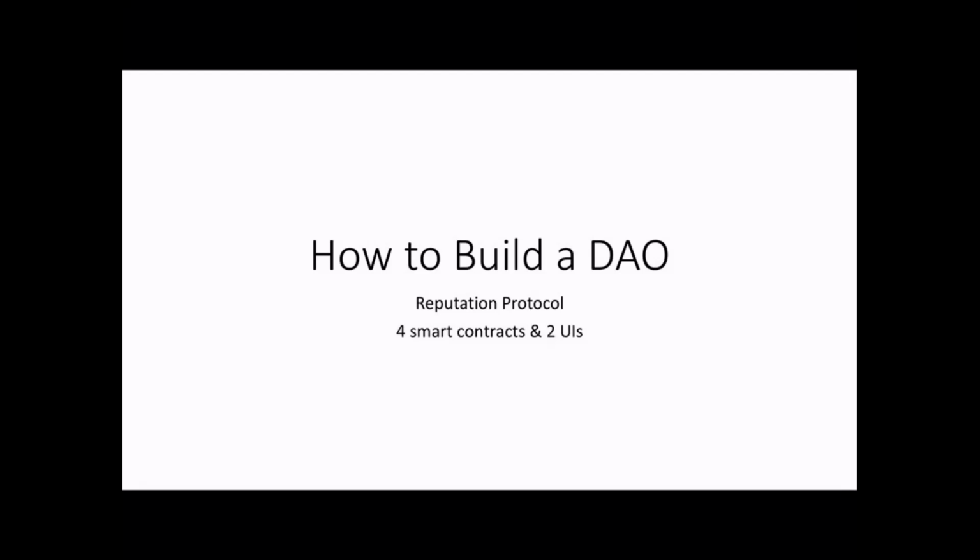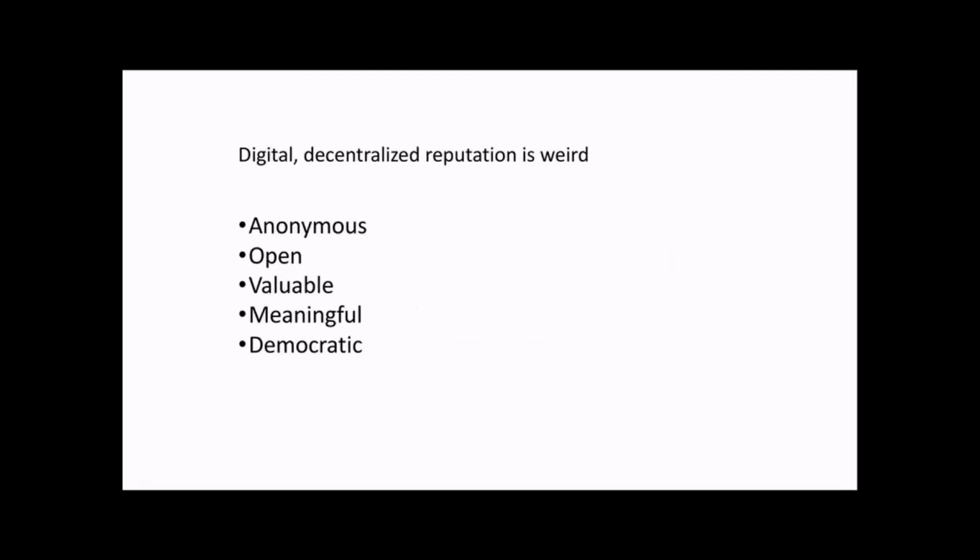So today is going to be a little more complicated. We're going to see how 4 different smart contracts and 2 user interfaces all interact. Now, to do this, we've got a lot of problems we're going to have to take care of. There's the whole issue that we need to make sure that our reputation tokens, when we make them, allow people to anonymously join. We're not going to know who owns that reputation token or how they got it, except if they follow the protocols that we stipulate. So as long as they follow those protocols, we don't care what they were thinking when they got them. If they have them, it's fair.